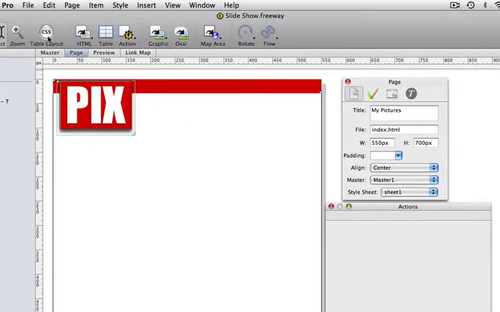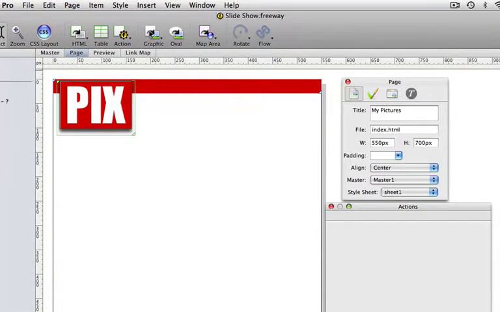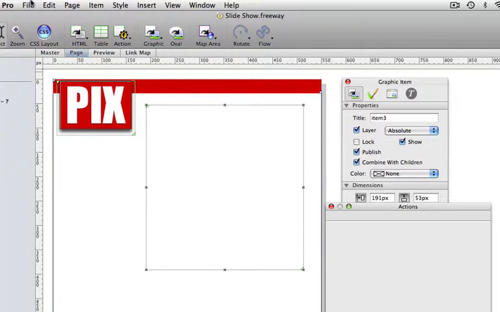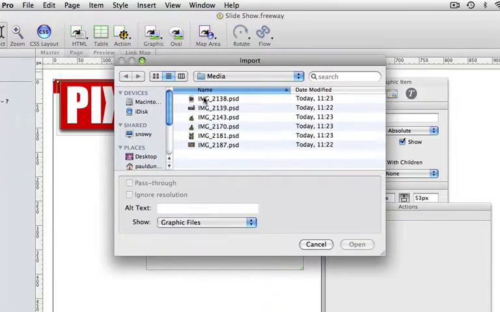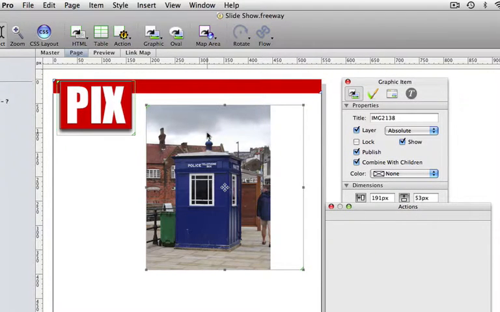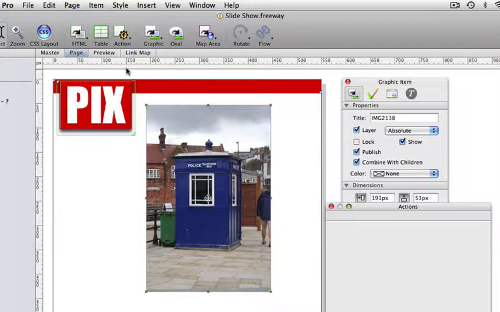In Freeway, make sure that the CSS layout button is on. Then draw a graphic box on the page. We want an image in this, so we'll go to File, Import, and I'm going to choose an image from the window which opens up. I'll use the contextual menu to fit the box to the content, and now I want to apply an action